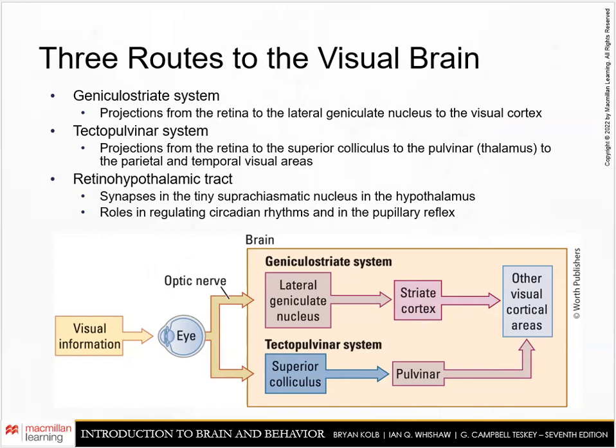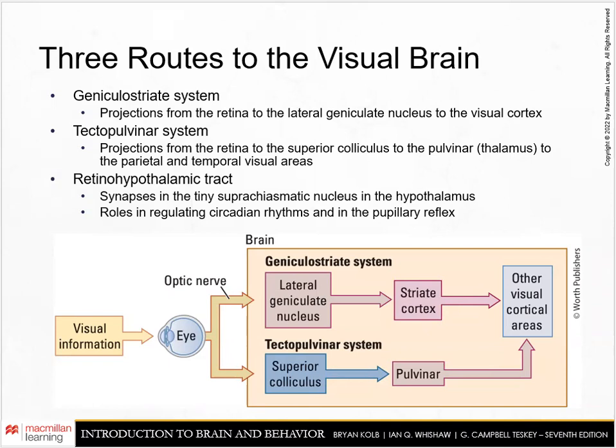Let's talk about then the three routes to the visual brain. There is the geniculostriate system. These are projections from the retina to the lateral geniculate nucleus to the visual cortex. There is the tectopulvinar system. These are projections from the retina to the superior colliculus, to the pulvinar thalamus, to the parietal and temporal visual areas. Then there's the